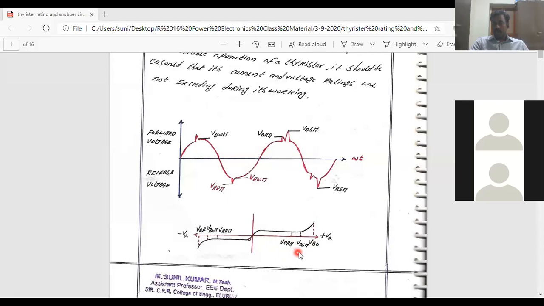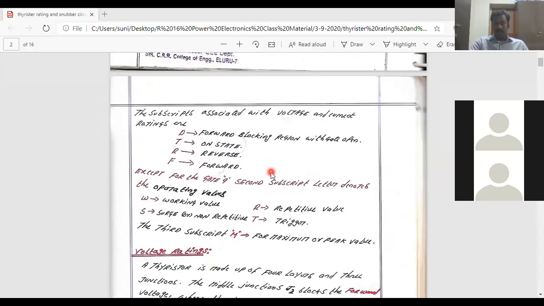All these values are going to be defined below the breakover voltage, and all these reverse voltages are also going to be defined below the breakdown voltage in the reverse. Okay, so that is what is defined here. So the first subscript defines the state. It may be D for forward blocking region, R for reverse blocking region, T for the on state, and F